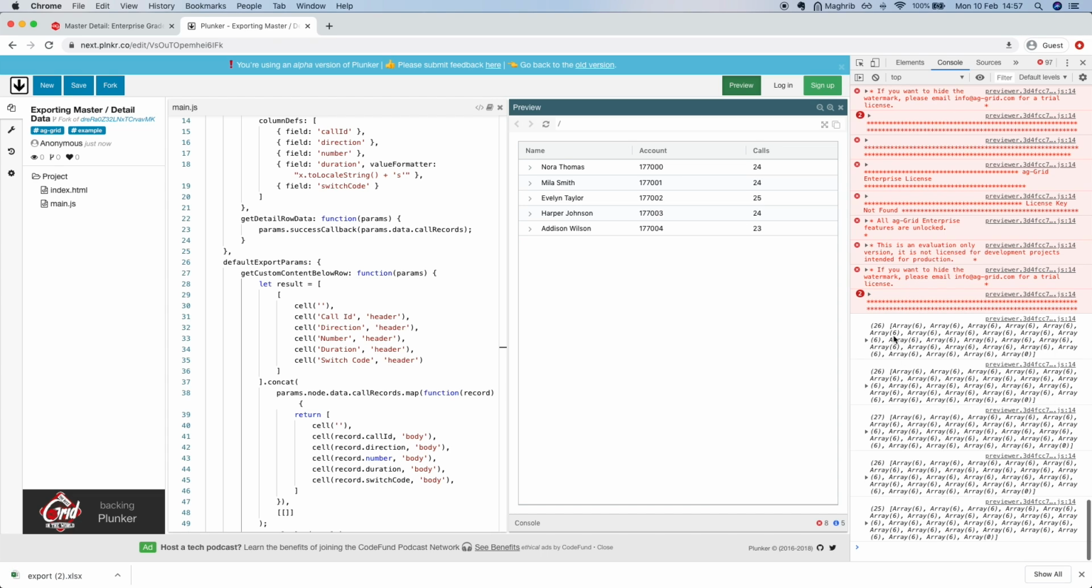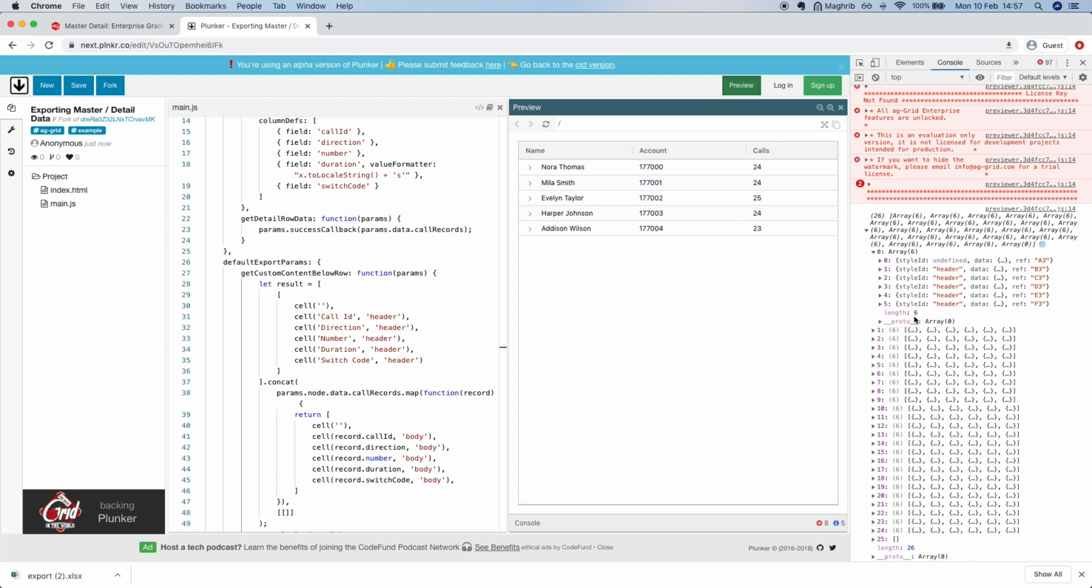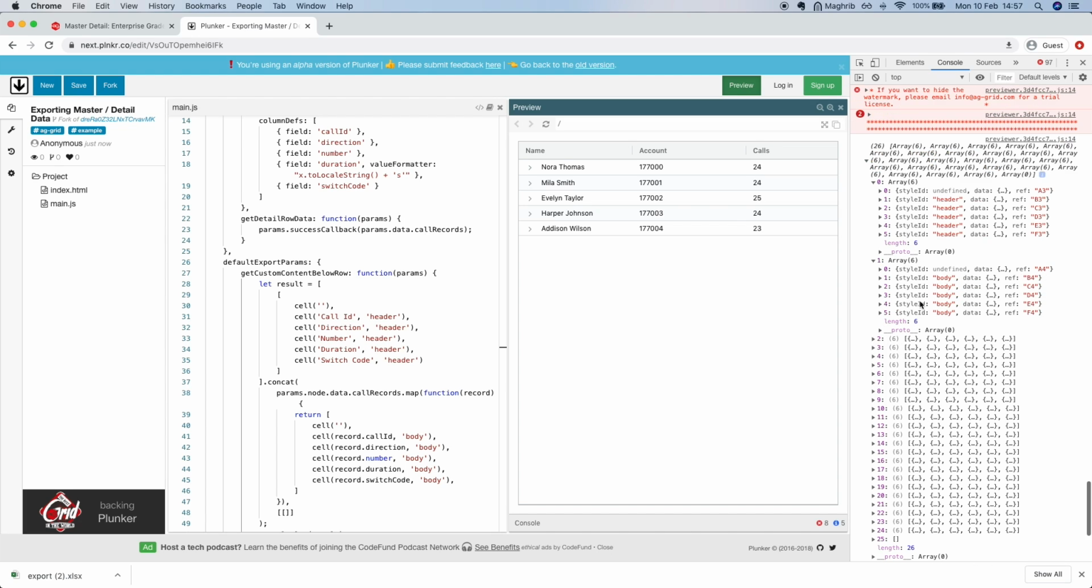Each array here corresponds to one of the nodes in our master grid. If we open this up, you'll see that each array has a number of sub-arrays within it, and these all represent rows within our grid that we'd like to put on our Excel spreadsheet. The first row being the header. So as you can see here, we've got a number of cells being defined in objects. If you take a look at our export,